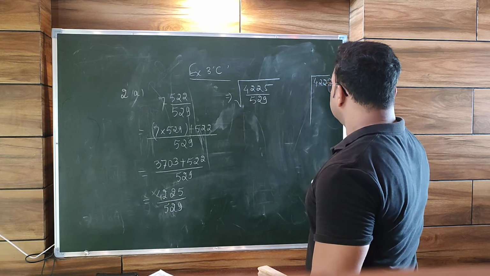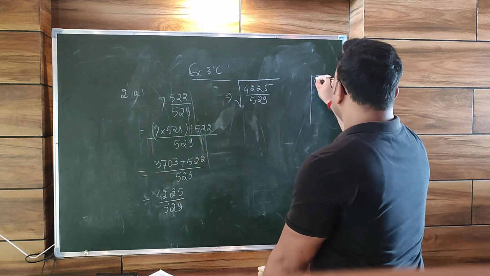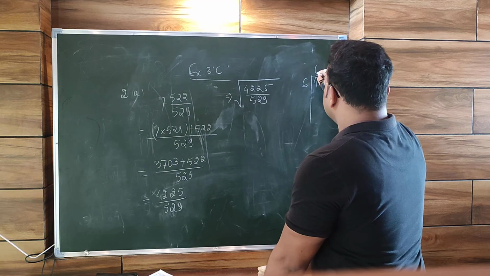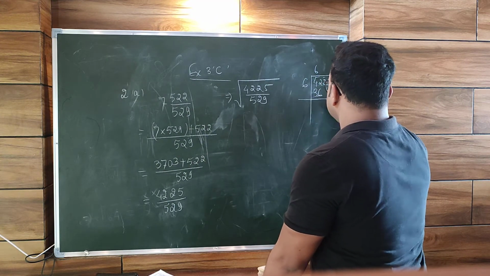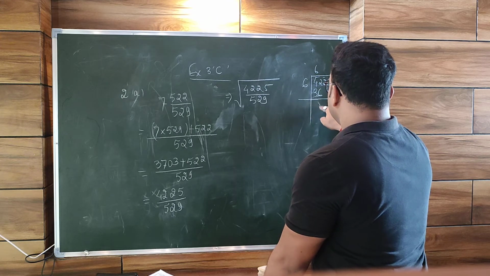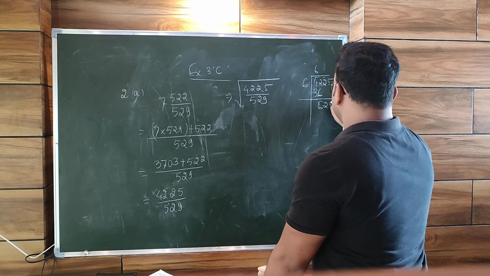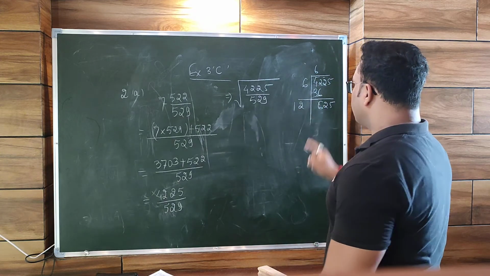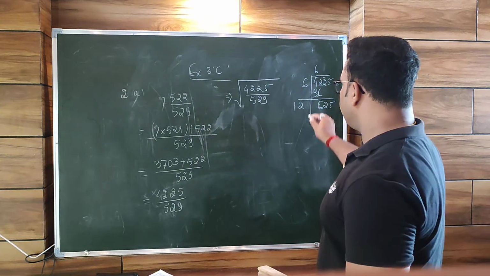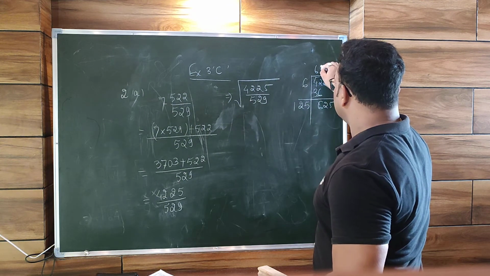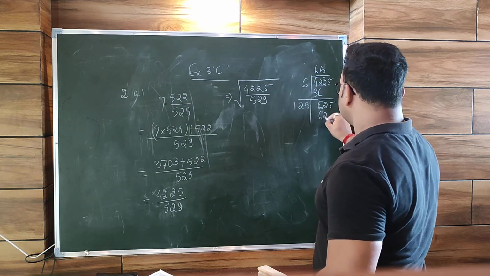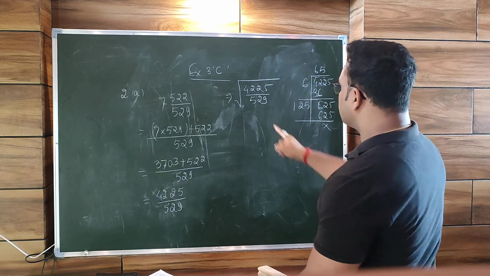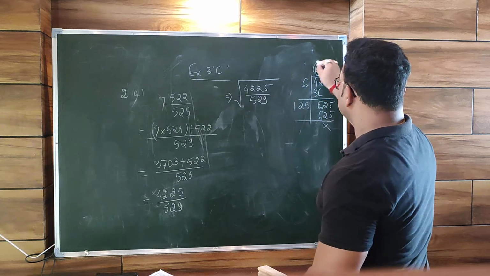So let us see what we are getting. 4225. So pair it. 42. So we know that 6 will work here. 6 6s are 36. We'll get 6 and 2 and 5. Now 6 2s are 12, we have to take 12. 12 5s are 60, it is just close. So 5 times we are going to take it. 5 times here also. It will be 625 and cancel. Now the next one is 520, we got 65.